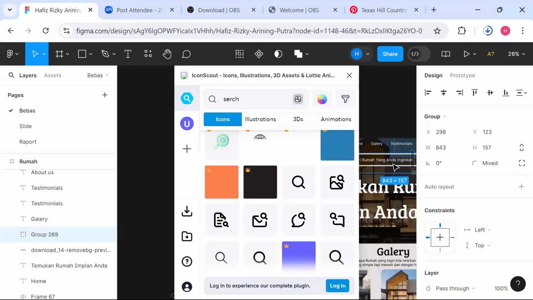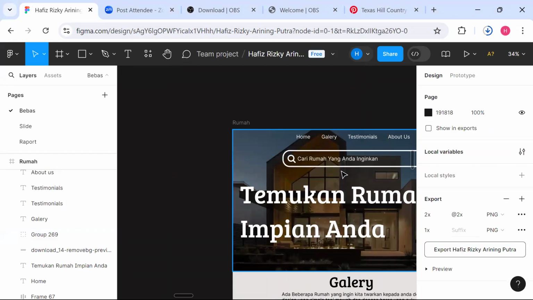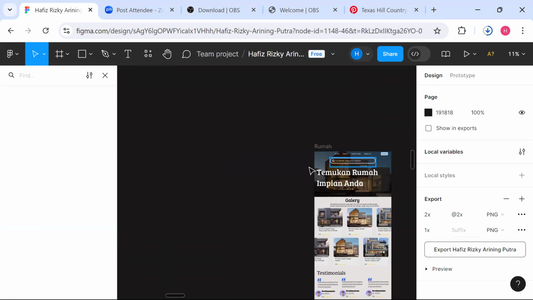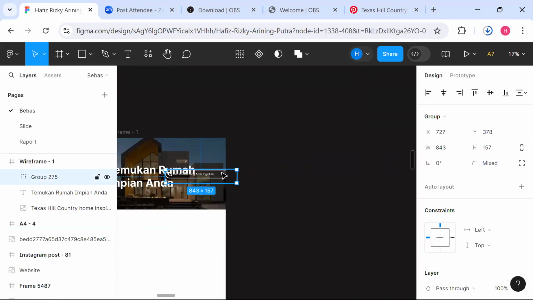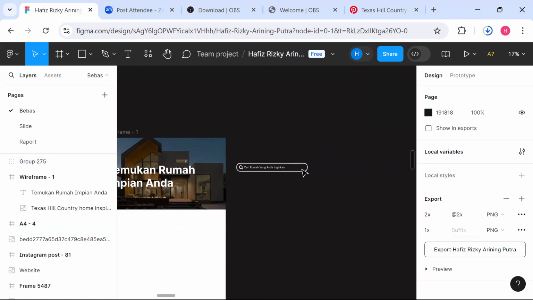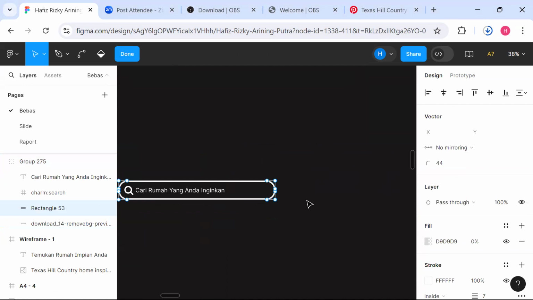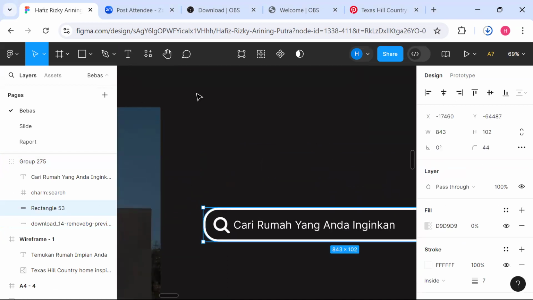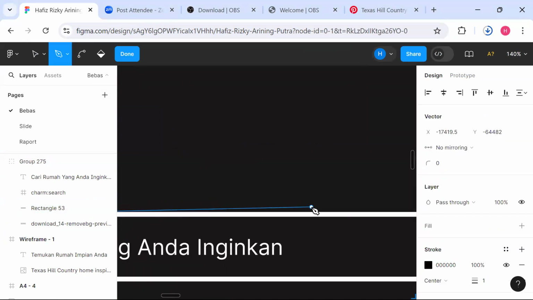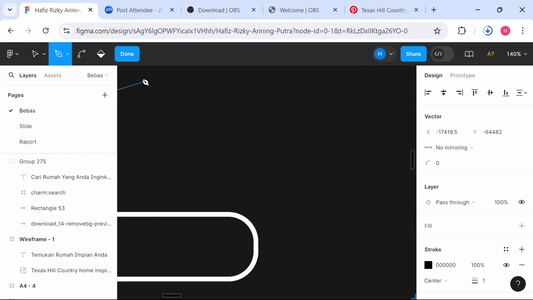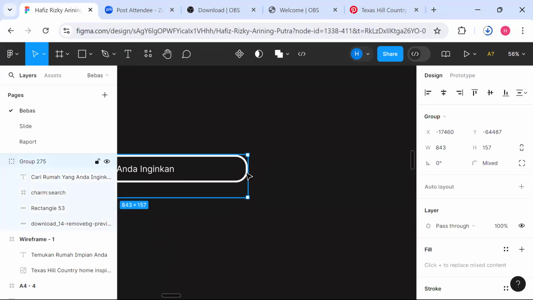I forget where I got this. Oh, I fixed the vector, like that, until it looks like that. If it's done like this,